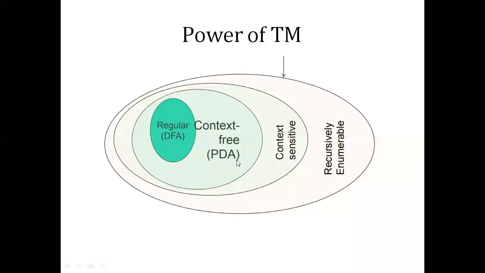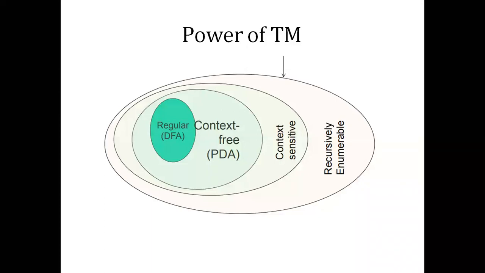So for example, if the language is a raised to power n, b raised to power n, c raised to power n, then again we require some more computational power, and you won't be able to solve it using a single stack maybe. Then that particular group of languages falls under the category of context-sensitive. And we have another machine called linear bounded automata, which is not in your syllabus as of now, and hence we go to a broader group of languages, that is recursively enumerable languages, and then we study Turing machines, which are used to model these recursively enumerable languages.